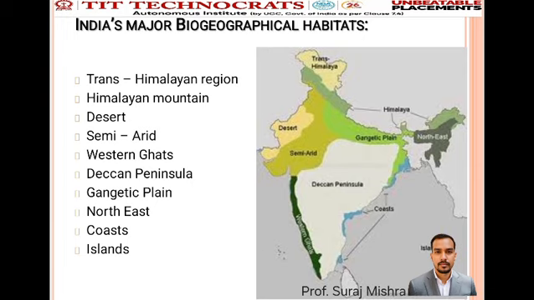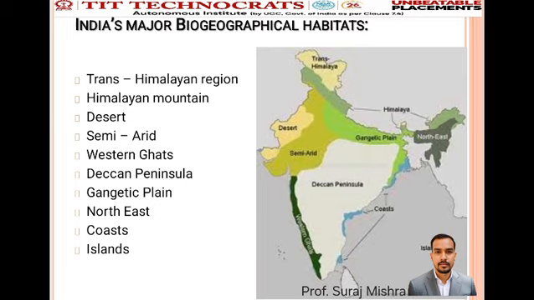Now, the desert region. The defining feature of the desert is dryness because evaporation exceeds rainfall, and to survive this shortage of water, plants and animals of the desert region have acquired unique survival skills. For example, cactus plants and camel. Also, the semi-arid region, where we see important food crops like wheat.